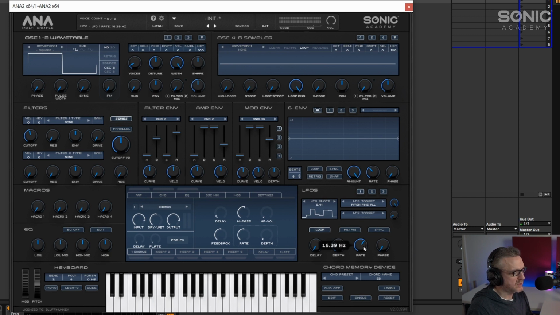So at the moment, we're at 16.3 hertz. So this is cycling through 16 times a second. You can hear it sounds almost like that archetypal computerized sound that they used in the 60s. But we want this going much, much faster. So let's take the depth down a little